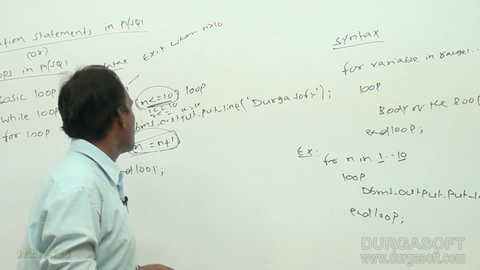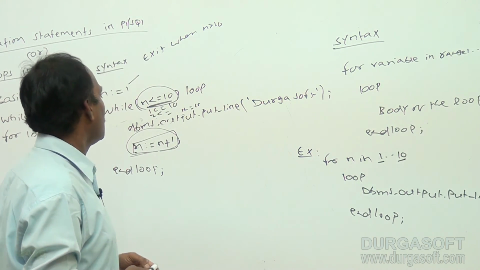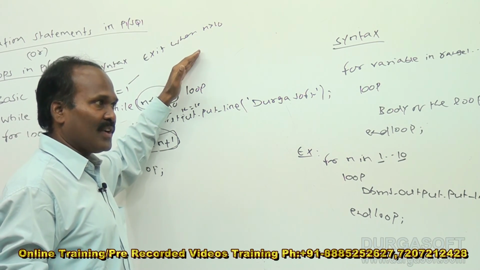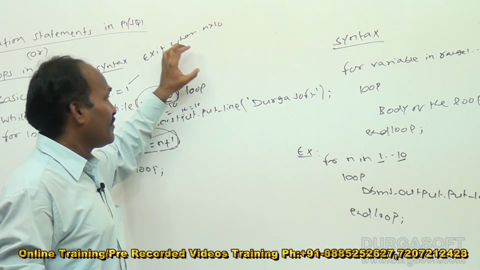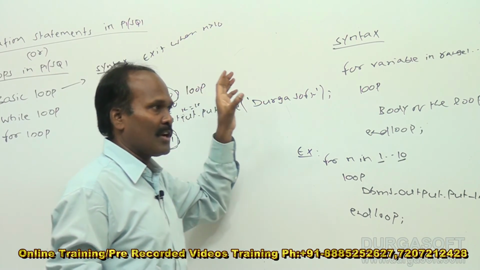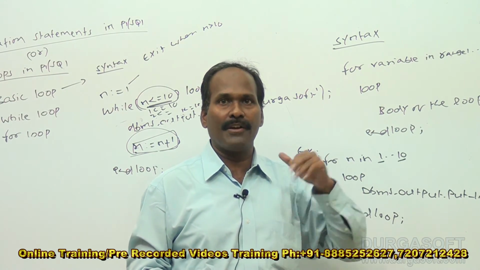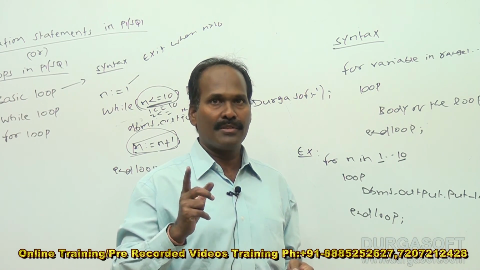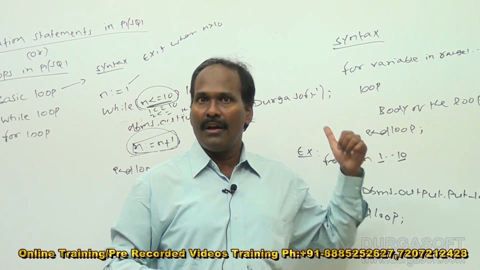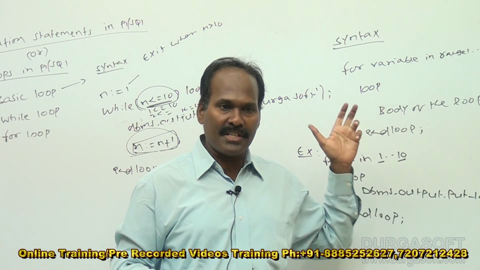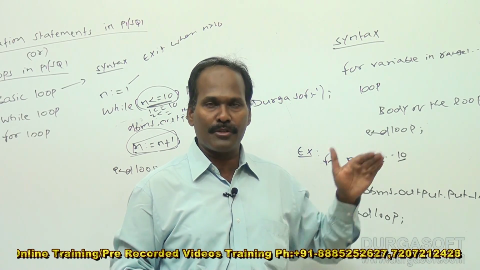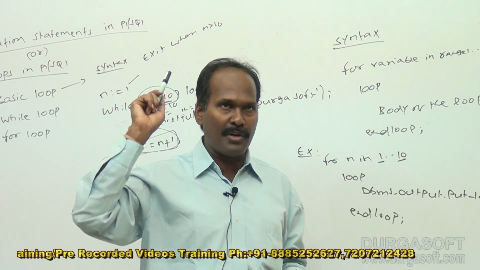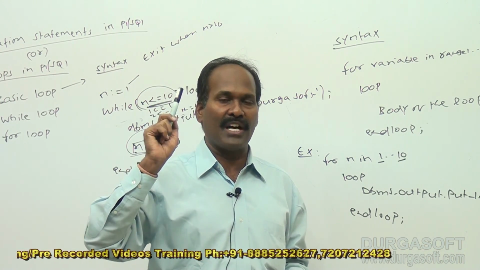And the basic loop is as per the requirement. In the basic loop we write the exit condition, and the loop exits whenever the condition becomes true. That means in the basic loop we write a condition for exiting, closing. In the while loop the condition for execution of the body is completely reverse. Always in the while loop and for loop, the condition must be true for execution of the body of the loop. But in the basic loop, the exit condition decides when to close, not for execution.